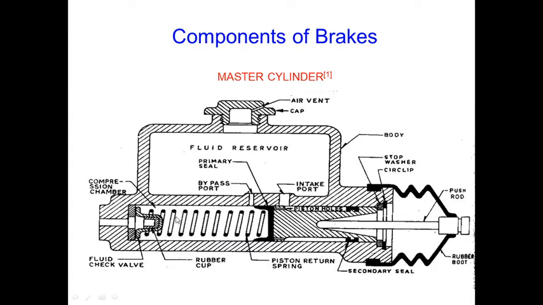The inner rubber cup of the fluid check valve is deflected. This part, the inner rubber cup, will be deflected. This forces the fluid under pressure into the lines. So from here the fluid passes to the lines. This fluid enters the wheel cylinder through the steel pipings, and moves the pistons of the wheel cylinder, or calipers in case of disc brakes.